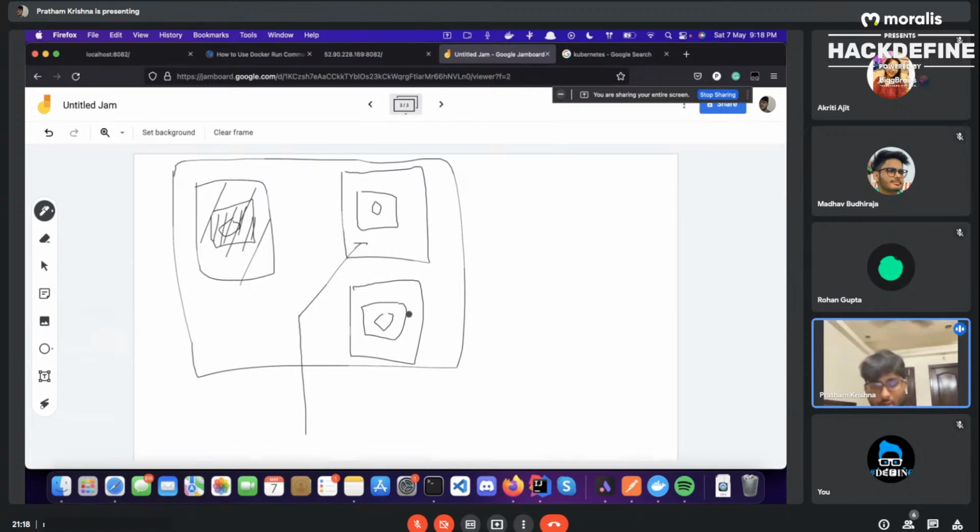Similarly, for a Docker container, it is again tougher to actually move into the container and debug it. So it is never really recommended to run your database inside your Docker container or inside the pod.